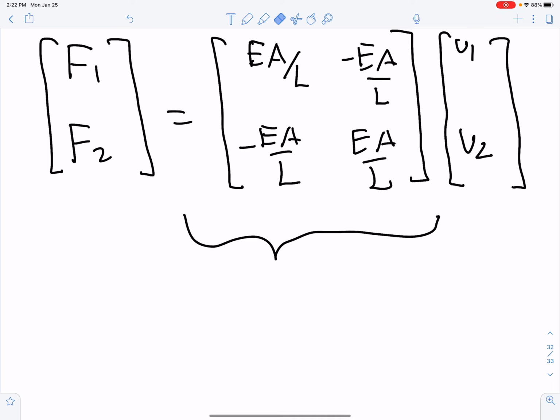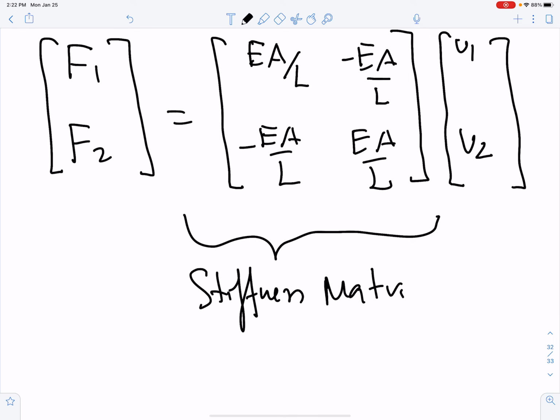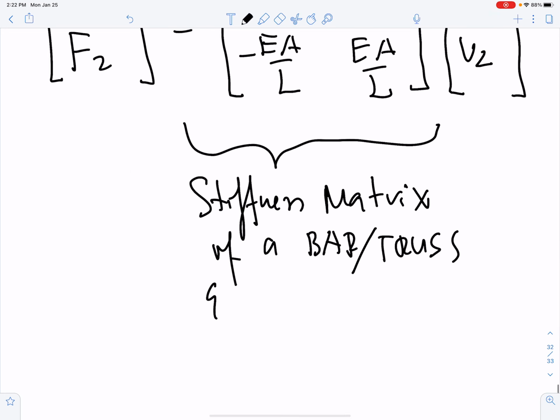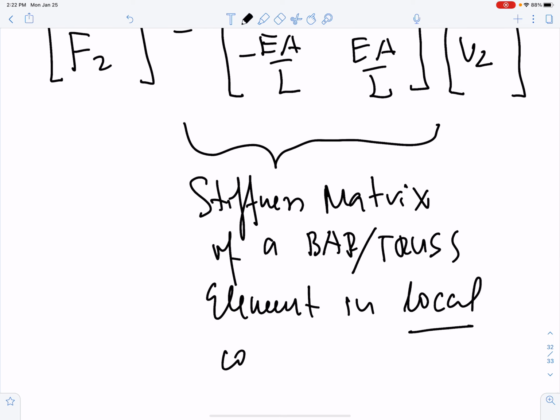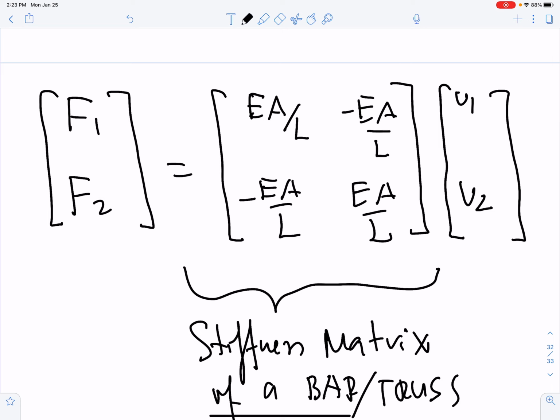The object that emerges from this analysis is this 2x2 matrix, and this is exactly the stiffness matrix of a bar or truss element in local coordinates, meaning the coordinates that are oriented on the x-axis. So you see, we basically used the power of differential equations and boundary conditions to come up with this simple expression that relates